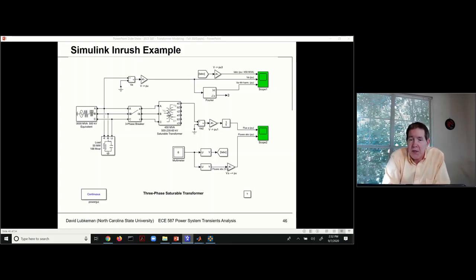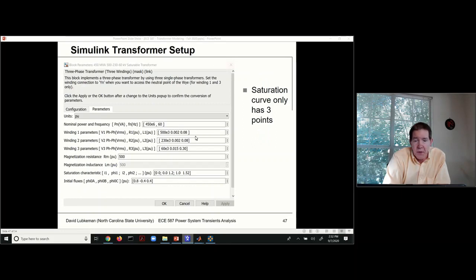And then what they're doing is they're using the Fourier analysis capability to calculate specific harmonics associated with the current part of the inrush. So this shows the transformer setup in this case. If I double click on the transformer model, I can put in the power rating. I could put in the winding 1 and 2 parameters, and note what's happening in this particular case: this is a 3-winding transformer, and you're putting in different resistances and reactances per